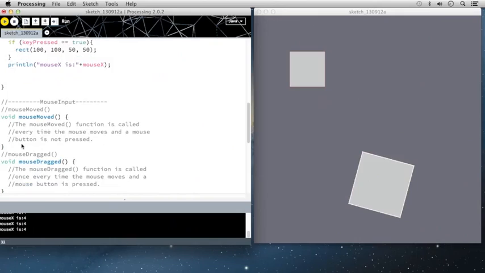The mouseMoved function is called every time the mouse moves and a mouse button is not pressed. So the way this works is it's going to put something onto the screen, or it's going to validate the code inside this code block only when the mouse is moving. When the mouse is not moving, everything will stay the same. So what I'd like to do is every time the mouse moves, I want to change the background color based off of random numbers. So what I'm going to do is I'm going to say background,